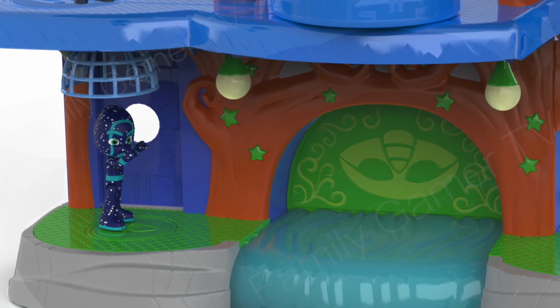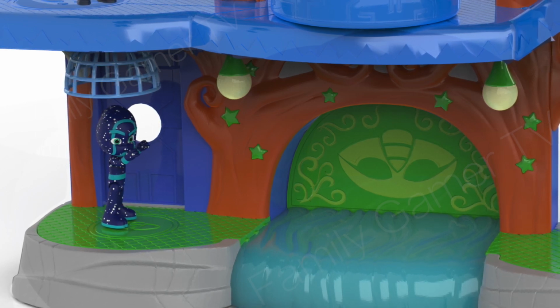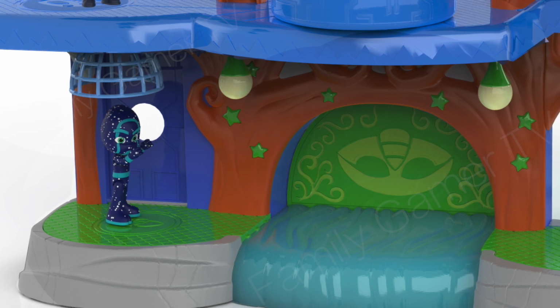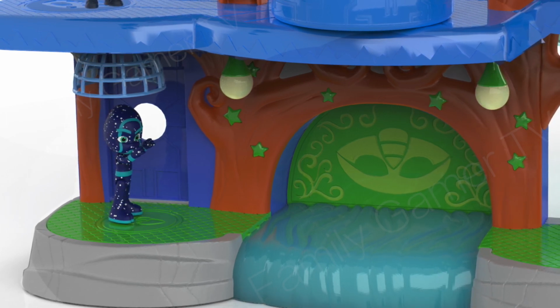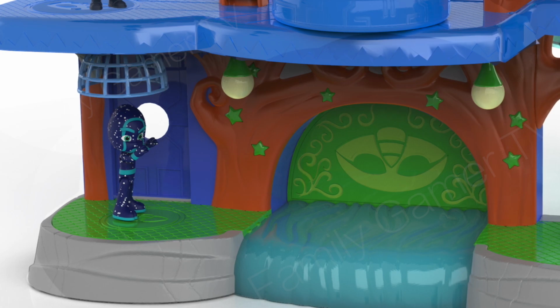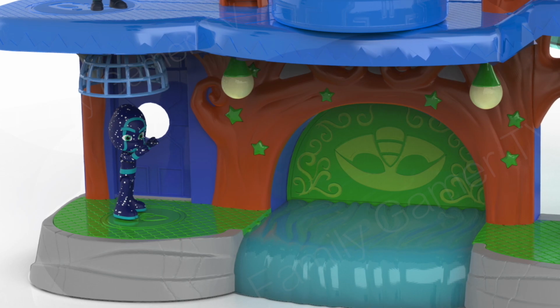Now I've swept over here so you can't see Gekko in the background, because what I want you to tell me is behind Gekko on his elevator tube there are 3 colours, 3 stripes, one for each of the PJ Masks heroes. What is the order of those stripes? Do they start with red, do they start with blue, or do they start with green? And which hero goes with each of those colours? There's 2 questions in one. So let's go back over to